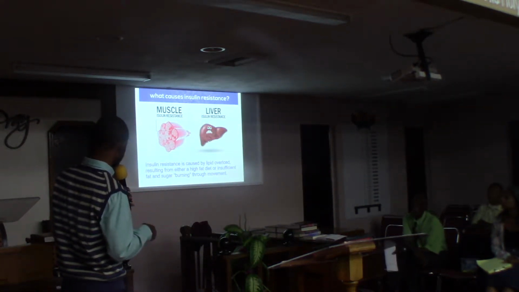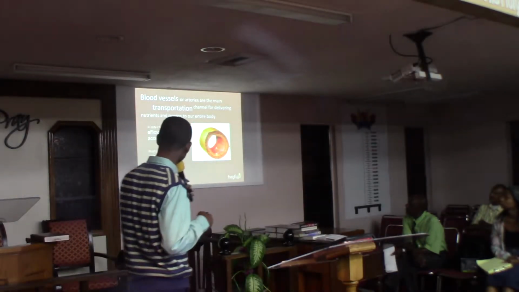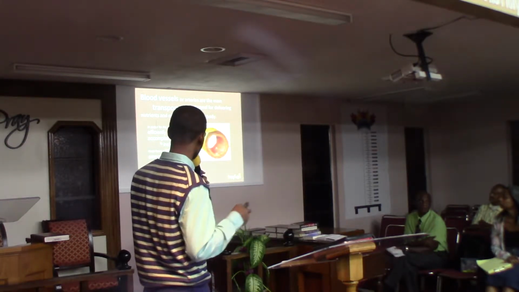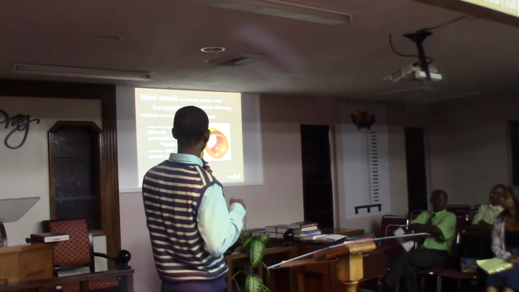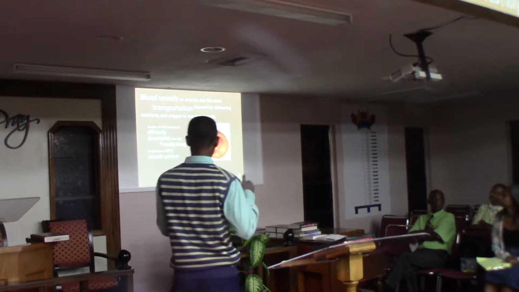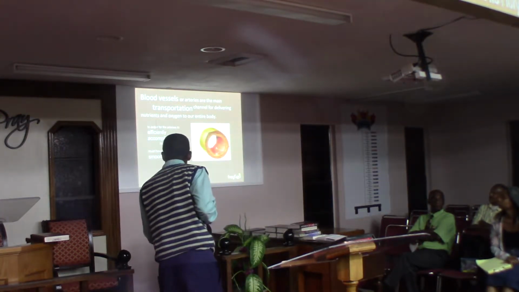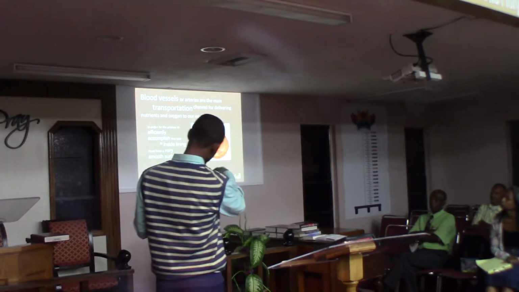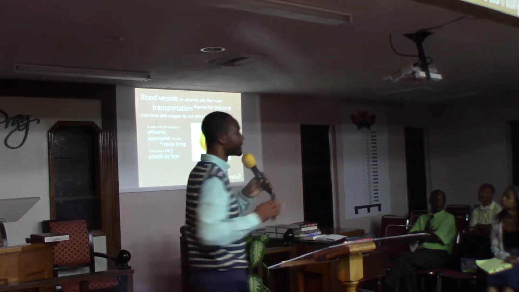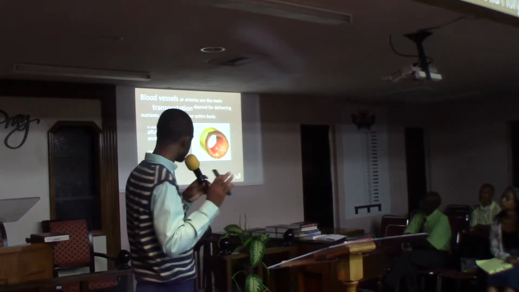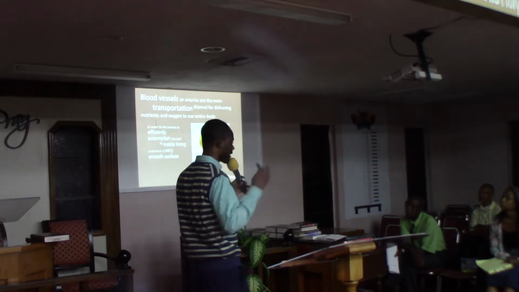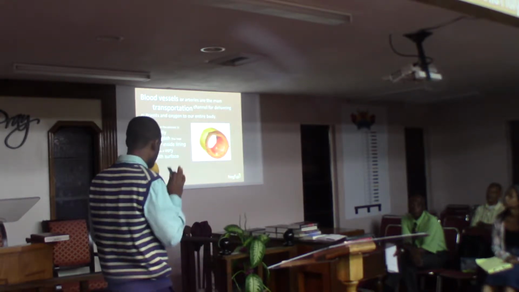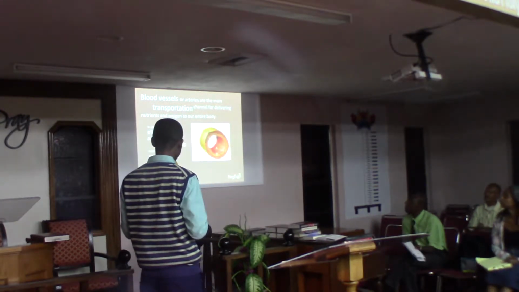I'm going to look at something here so you can see. I like illustration. Blood vessels, our arteries, are the main transportation channel for delivering nutrients and oxygen to our entire body. In order for arteries to efficiently accomplish this task, the inside lining must have a very smooth surface. As you can see there, smooth, nice. That's a baby's inside. That's every baby when they're born, unless they have some other congenital problem. God intended that we should grow up looking like that, swept out, clean.